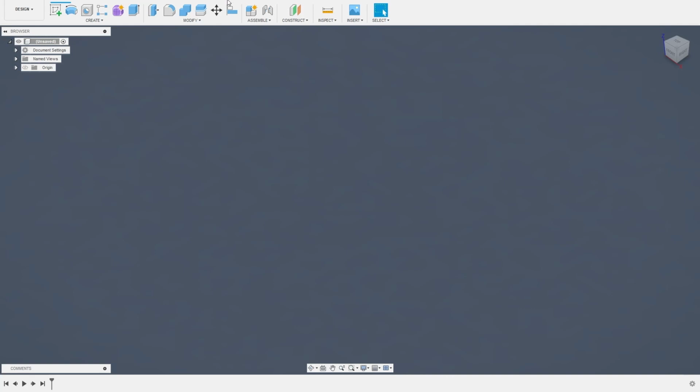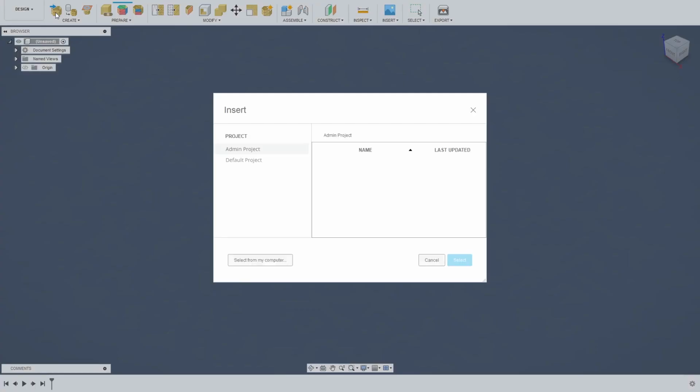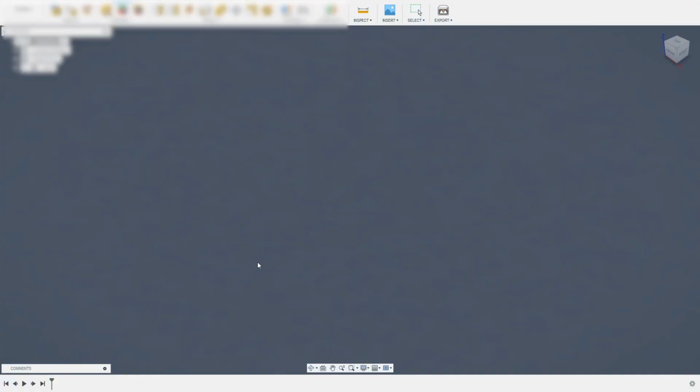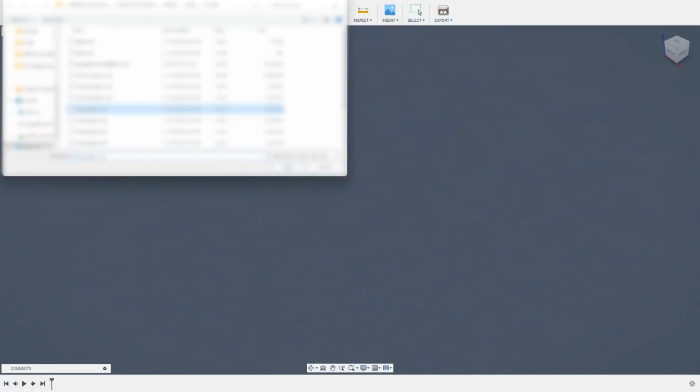So the first thing we're going to do is we're going to insert our mesh. We don't want to do File, Open, and open our STL. We actually want to go to the Mesh menu and do Insert Mesh. From here, select from My Computer, that'll open your local file system, and then select the STL that we want